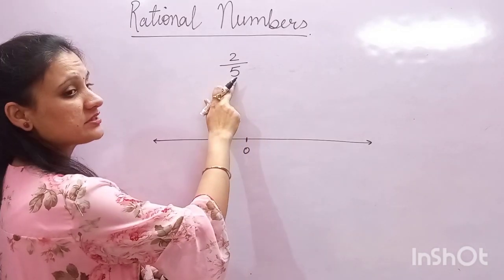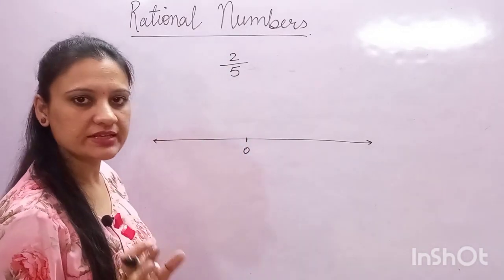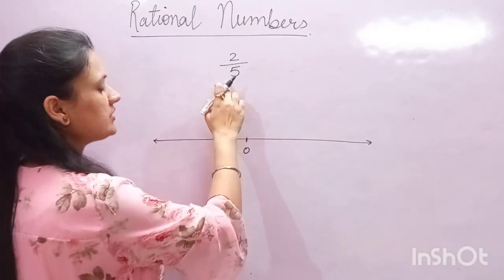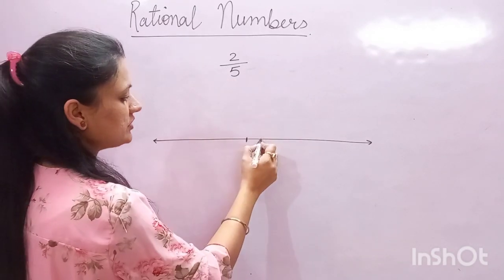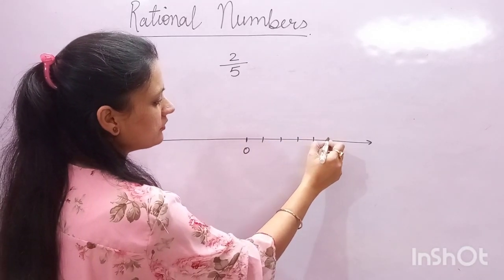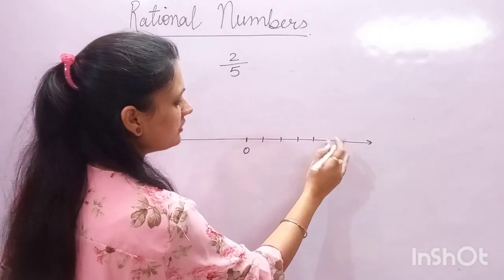Now what is the denominator? 2 by 5? Of course it is less than 1, so it will be between 0 and 1. Right? So where does it lie? First, the denominator is 5, so let's divide it into 5 parts: 1, 2, 3, 4, 5. Right? So here 5 means